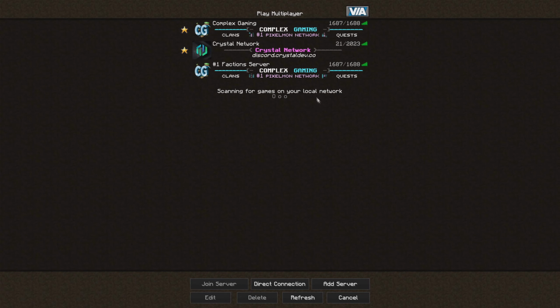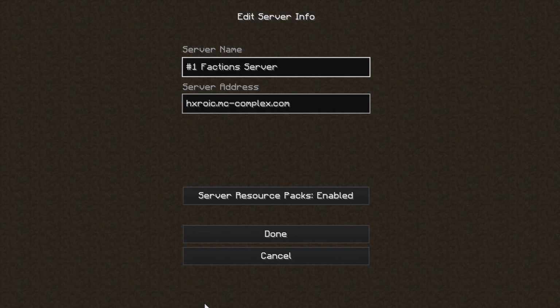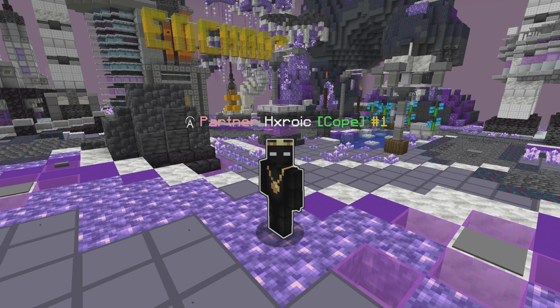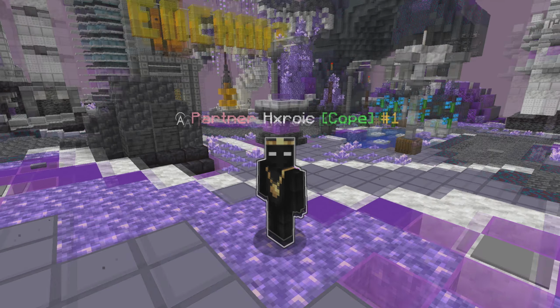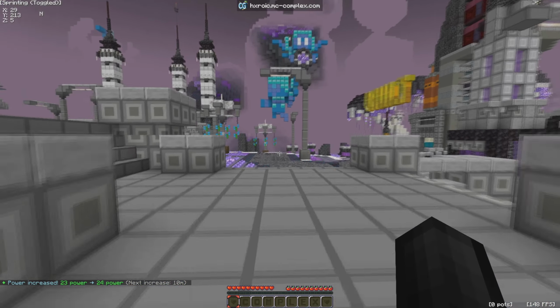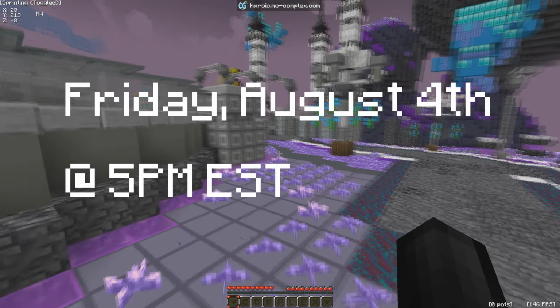Now if we click on multiplayer, the faction server we're actually playing on is Hxroic.mc-complex.com. So let's go ahead and load straight into it. MCComplex is actually the top faction server out there for 1.18 and above. It is Java and Bedrock compatible, and we are actually on here announcing the very next season is releasing this